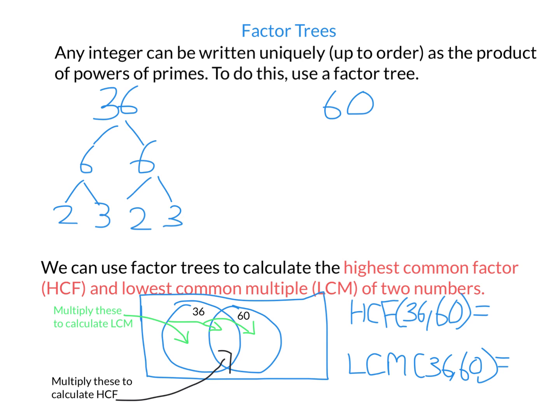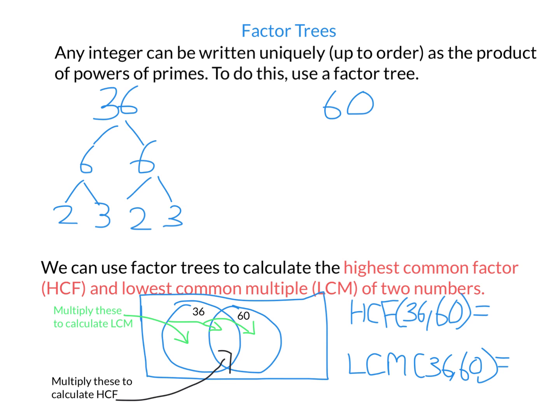It doesn't matter the order you multiply things. So it wouldn't matter if I did 2 times 2 times 3 times 3. That's what I meant here about uniquely up to order. When I say that you can write a number uniquely as the product of primes, I'm saying that anytime you start with 36 in the factor tree, you'll always end up with 2 2s and 2 3s. It doesn't matter in which order. It's unique because no other number, when you do its factor tree, will you end up with 2 2s and